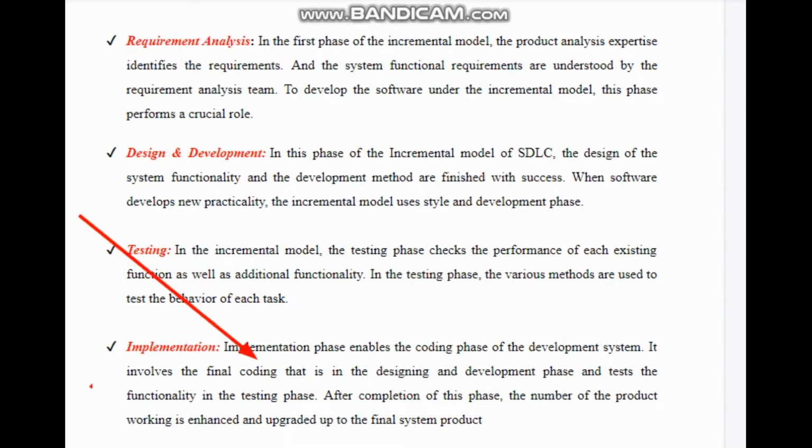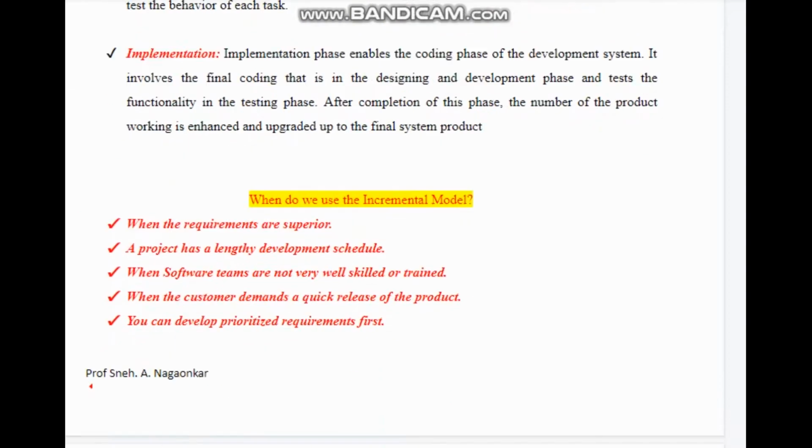It involves the final coding. So here we collect the requirements, we design, and then we write the code module wise, we test it module wise, and then in implementation we combine all the code and we get the final system, and we do the system testing. It means the final testing is carried out once when we get the final code.